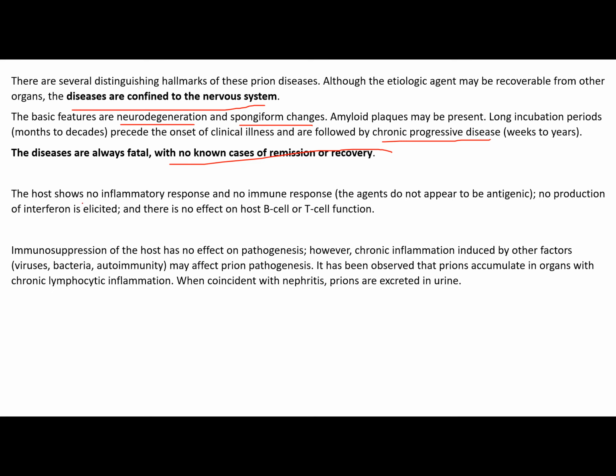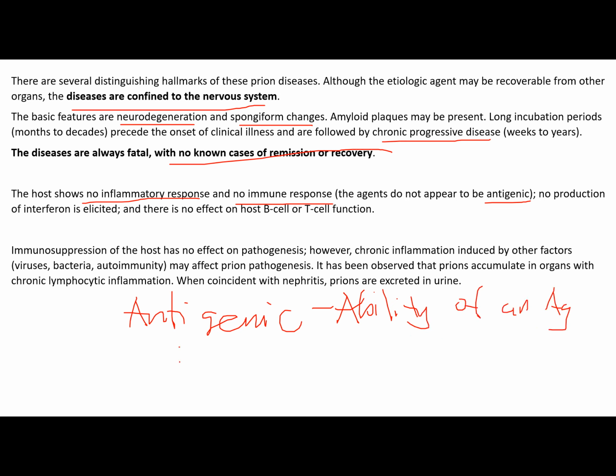The host would show no inflammatory response and no immune response. The agents do not appear antigenic. Pag sinabi mong antigenic class, this is the ability of an antigen to induce an immune response. The more antigenic an antigen is, class, the more it can cause your immune system to be